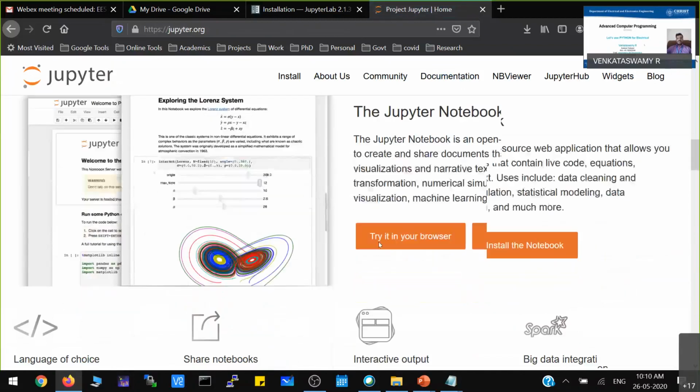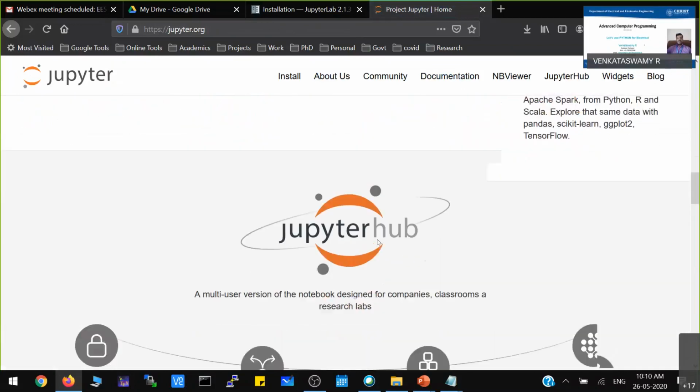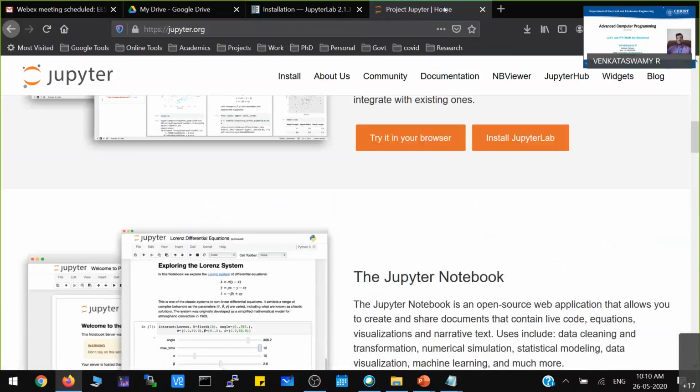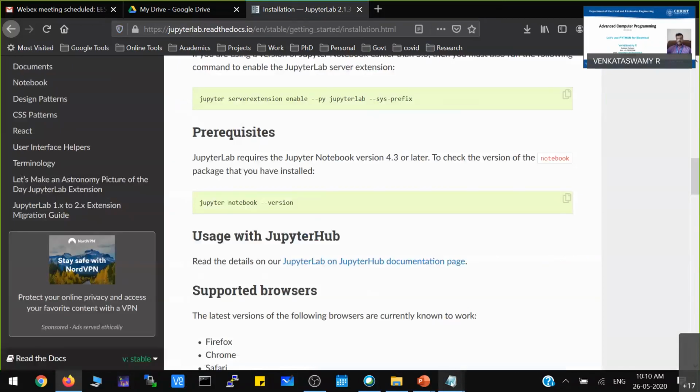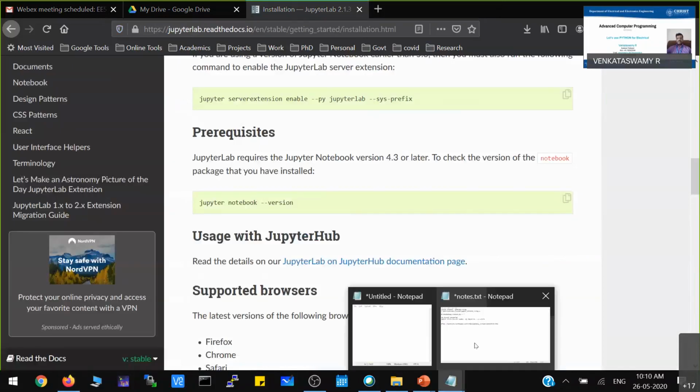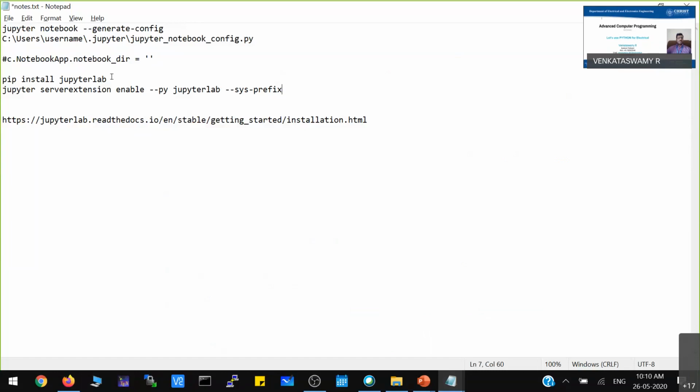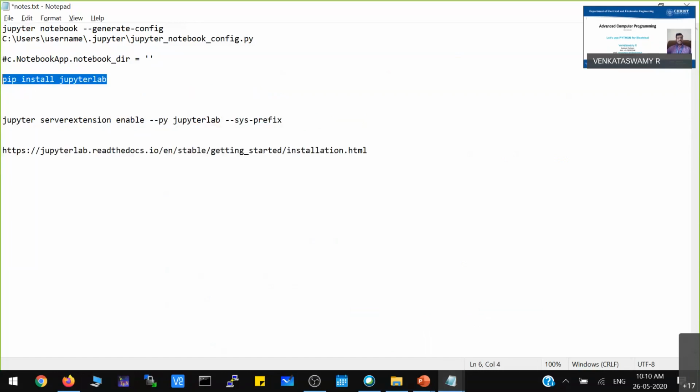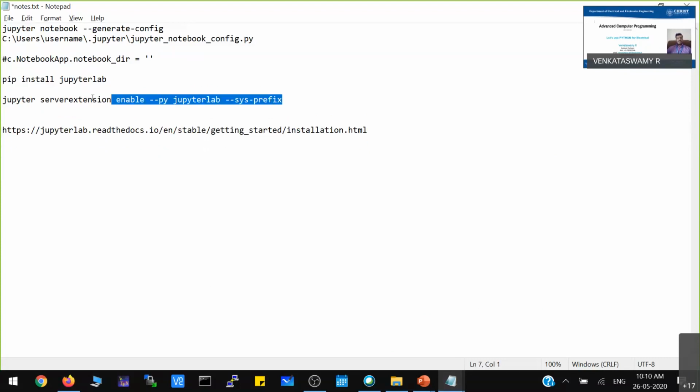You just have to download it and install it. And there is one more command, as you can see in my notebook: pip install jupyter lab. You have to run this command in the command prompt. After that, you have to run this other command. These two commands you have to execute to make your platform ready.